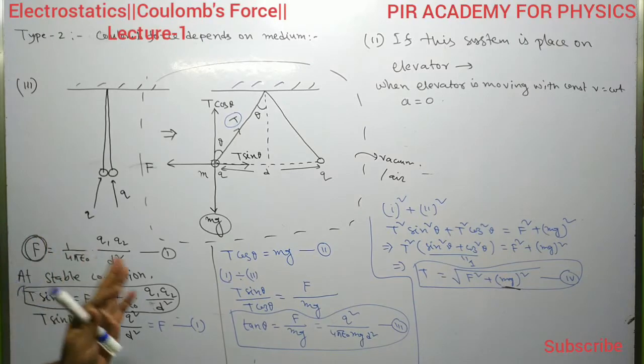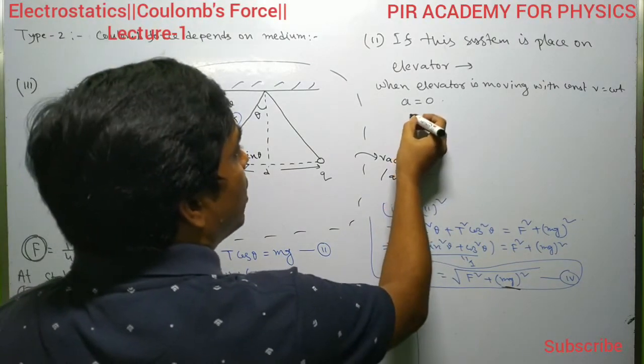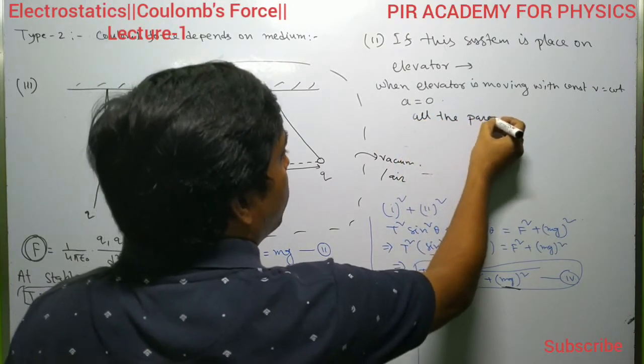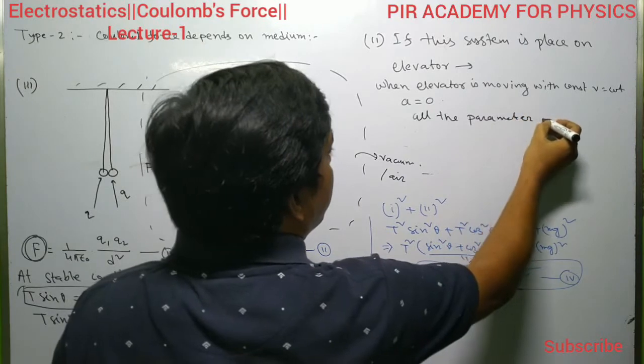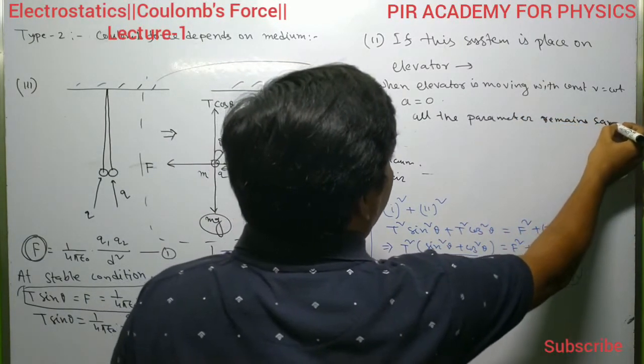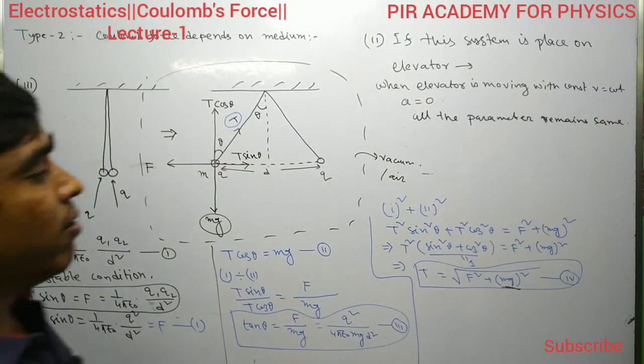elevator must be 0. If acceleration is 0, all the functions remain constant, that means all the parameters remain the same. All the parameters will remain the same. But